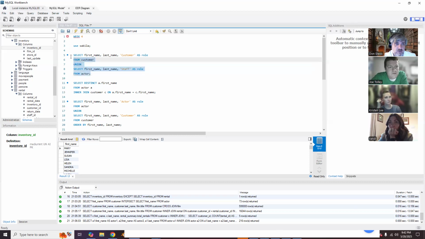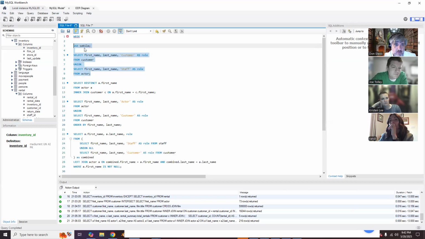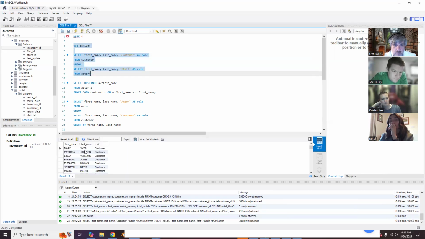So if I do this, I'm going to take first name and last name and the word customer and call it role. And I'm going to union it from customer and take the same thing from actor. And I'm going to run this. And that's what I get. I get everyone from customer as a customer. And I get everyone from actor as an actor. And that's pretty much it. Or staff, but